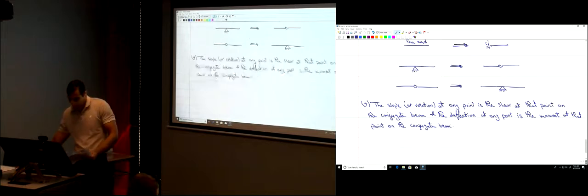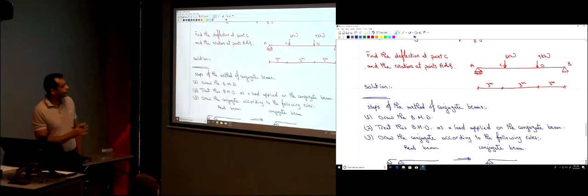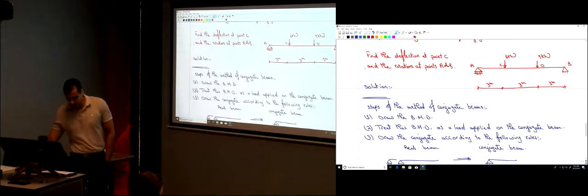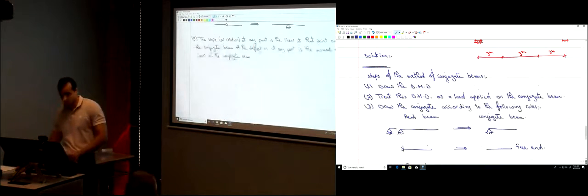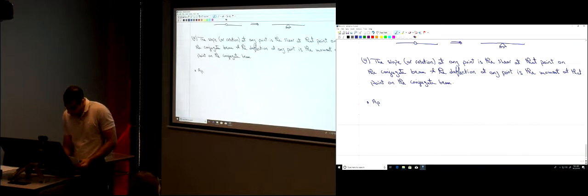Okay? So let's apply those steps now to solve this problem. We have this problem. We want to find the deflection at point C, the rotation at point A, the rotation at point B. So let's follow the steps. What are the steps? Draw the bending moment diagram. Okay? So let's start those steps. Let's follow those 4 steps here. So applying those steps,